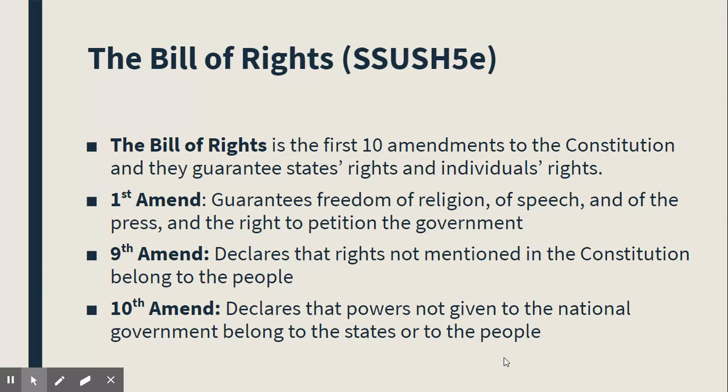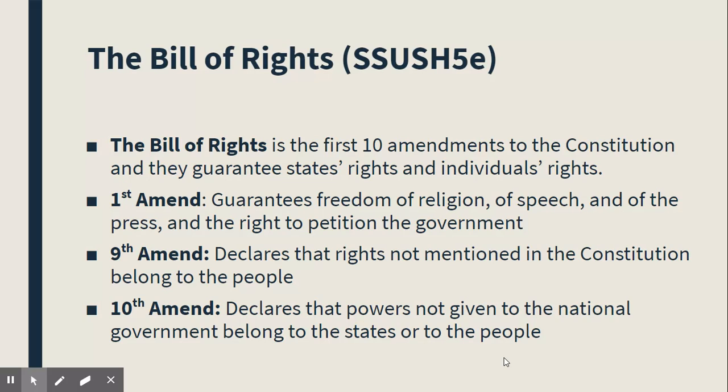Okay, it's our first 10 amendments to the Constitution. These are the ones that most of the time we always argue about. Remember, the First Amendment guarantees freedom of religion and speech, the press, and the right to petition the government. It gives you the right to petition anyways. I've done that before. I told y'all my story about my college professor, Mr. Usera, who drove me nuts. We signed and got a petition done and got him taken out. So understand you're allowed to do that. You're allowed to petition.